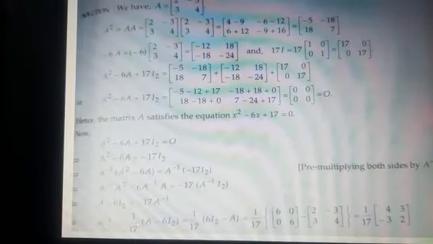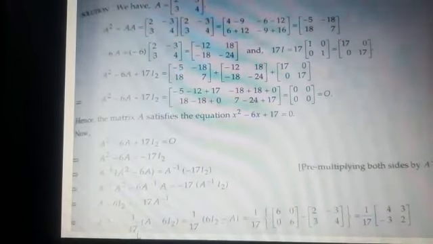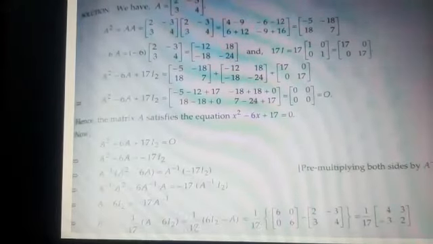That is, A inverse is equal to (A minus 6I2) upon minus 17, so finally we'll get 1 by 17 times (6I2 minus A). And we already know what 6I2 is. It is 6 0 0 6, and A we have already been given here. So this is A. To find A inverse, you have to subtract these two, then divide by 17. This is A inverse. You can also verify this by using the formula A inverse is equal to adjoint of A upon determinant of A. But in this particular example, you have to use this equation only to find A inverse, and the property that A inverse into A is equal to I, and A inverse into I is equal to A inverse.